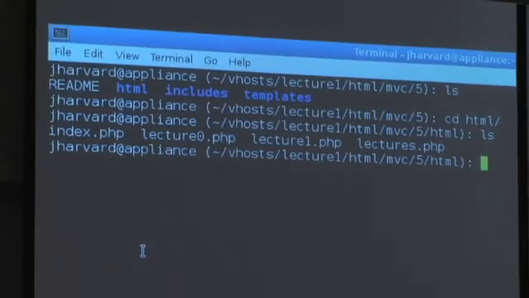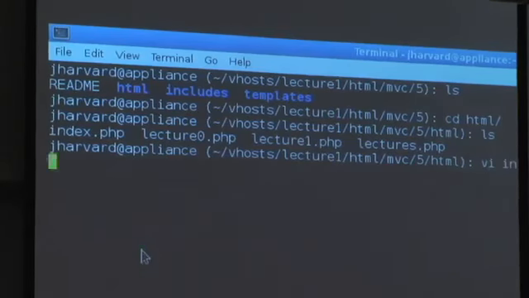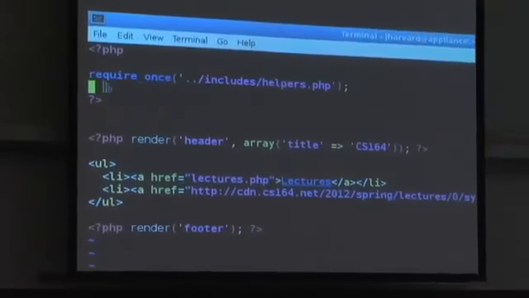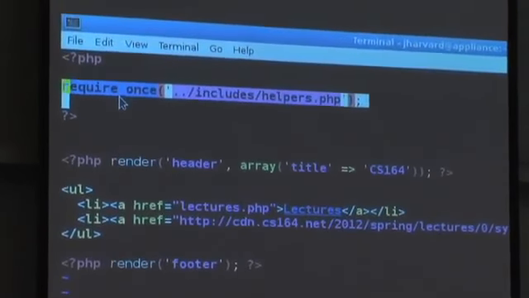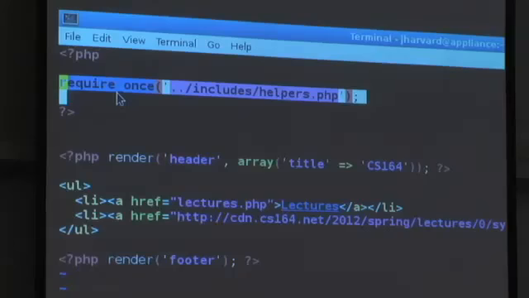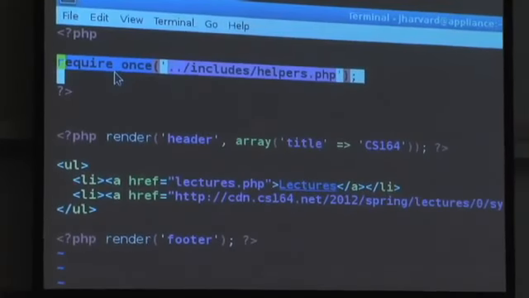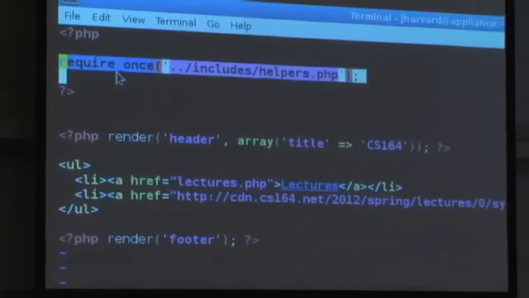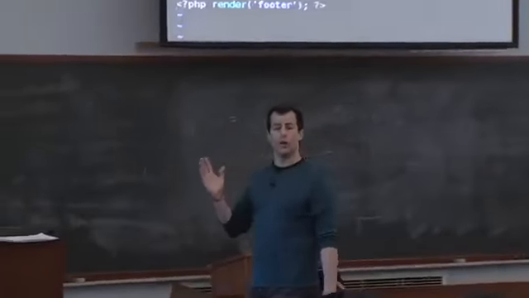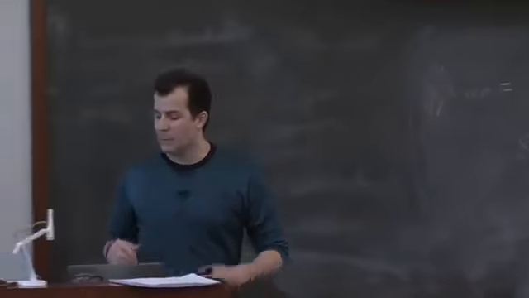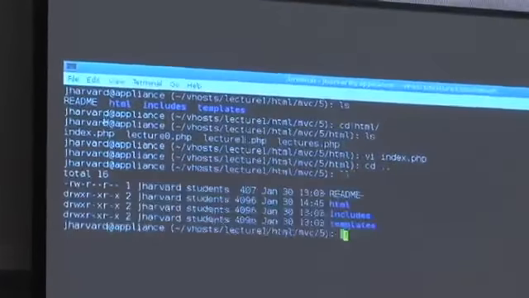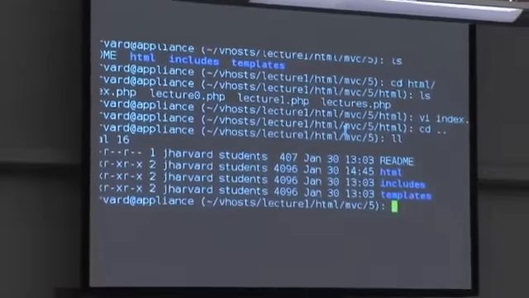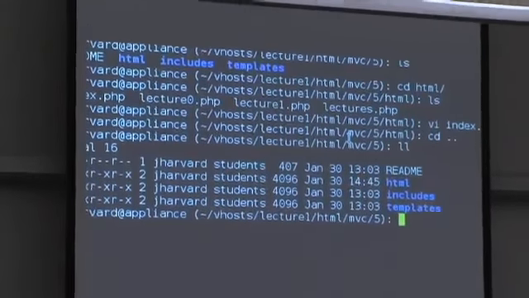So what's the implication here? Well, if I look at index.php, notice that the only thing I really have to change is this. I have to require a file that's in ../includes/helpers.php. But this is OK, because the web server is configured to only allow access now to everything below the HTML directory. And even though includes and templates live alongside of it, because they are no longer in the same directory, but alongside of it, you can now enforce at the web server level that nothing outside of HTML will be